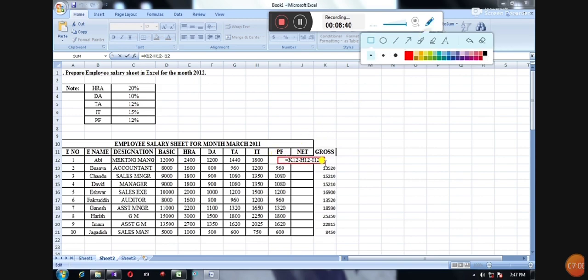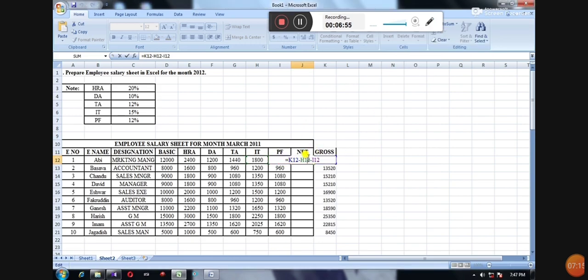Please note the formula, and write these formulas as it is in examinations. Definitely you will get 15 marks. So just press enter, drag, and you will get the net salary of all employees.